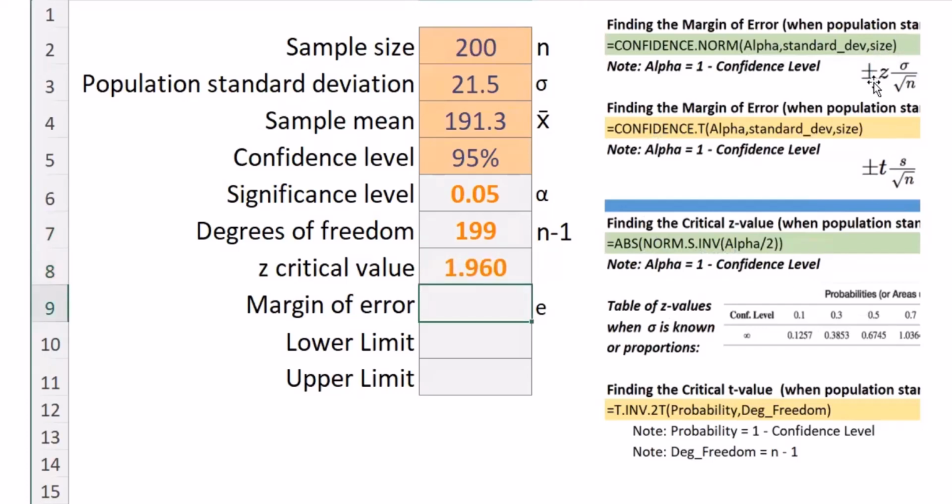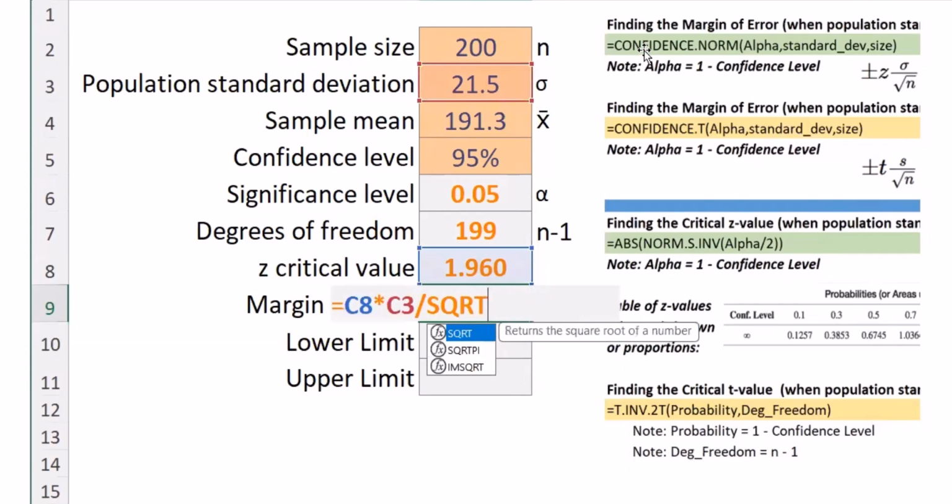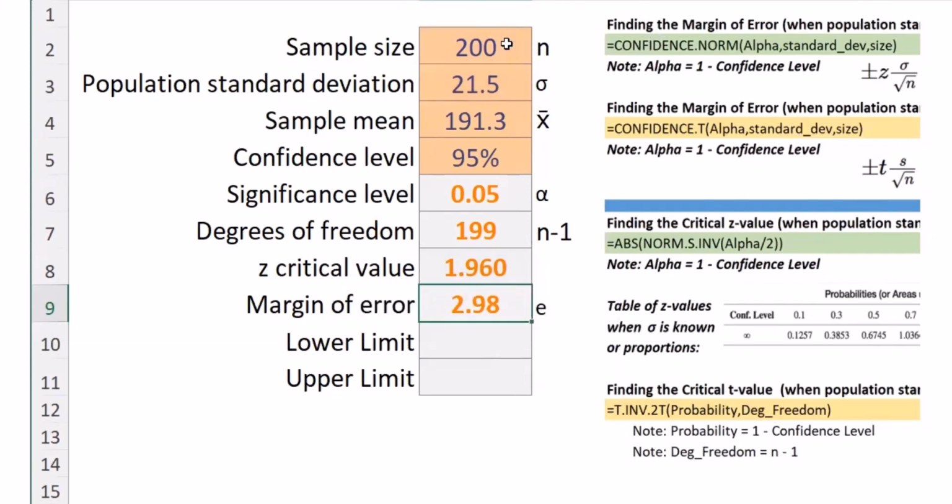Here is our formula. For this particular one, I'm just going to do the math. We're going to do equals 1.96 times the population standard deviation, 21.5, divided by the square root of the sample size. And we get 2.98. And so if we needed to calculate our lower limit and our upper limit, we know that that is our